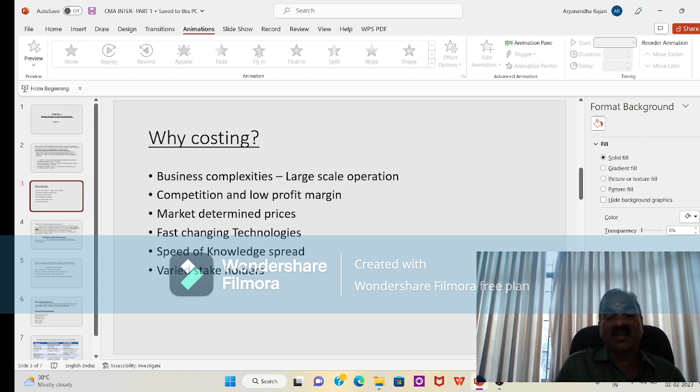Owners will be interested in getting the dividend or return. Debtors are interested in the solvency as well as liquidity of the company. Local inhabitants are interested in the well-being of the company by way of a pollution-free atmosphere, a sound-free atmosphere. Government is interested in the taxes. Workers are interested in their wages, their other amenities, etc.